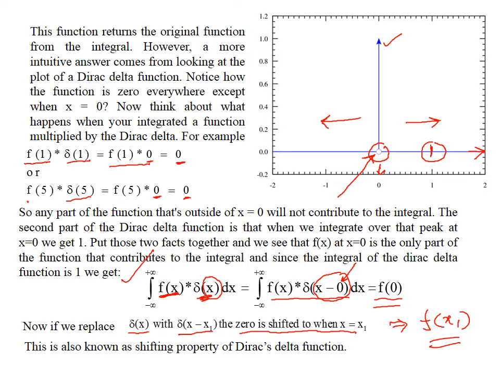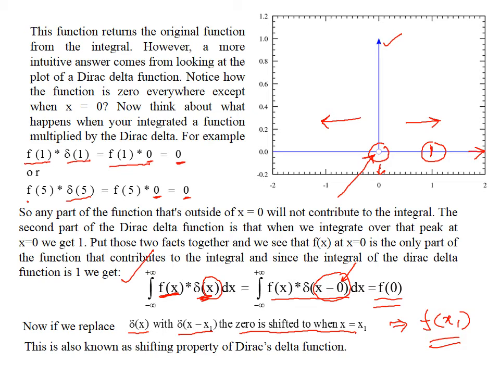So we write this function like this: it is the product of a function f of x, this is some distribution, multiplied with the Dirac's delta function, or you can write this as delta of x minus 0. It remains the same, because if you write x minus 0 or you write x, it remains the same. But you can see that this 0 indicates that we are working at point 0 as shown in the figure. So this will give us a value f of 0.